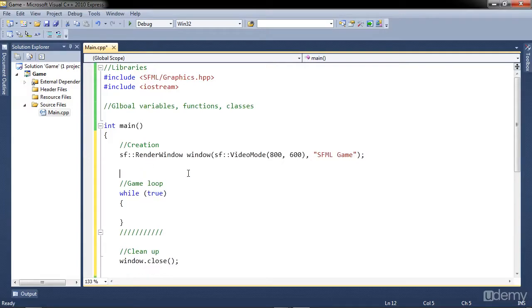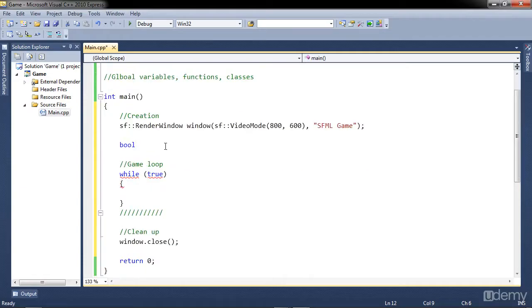So we're going to create a boolean variable. We do a bool, let's name it play, and set it to true. And let's make the game loop run until the play variable is true. So we can write play is equal to true. This game loop is going to continue to repeat itself as long as the play variable is